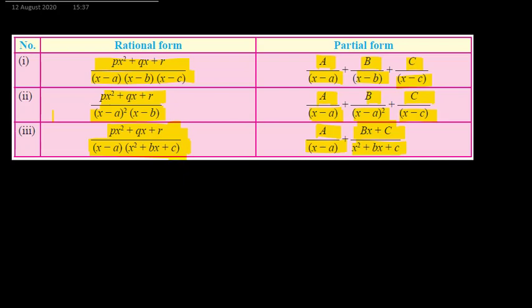So when you see remainder upon divisor, then that is of the proper form, and that proper form we can use partial fraction and solve. So let us move to the problems. Let us see different types of problems, and let us see how we are going to solve them.